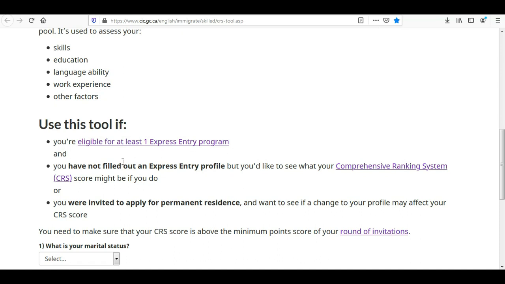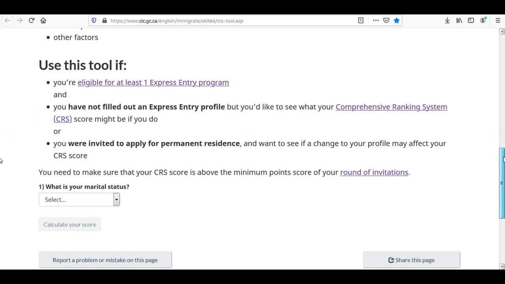So if you want to check eligibility for any one of the programs, you can use this tool and calculate your CRS score. Fine. If you have not created your Express Entry profile and you just want to check how much score you will get if you create your Express Entry profile, then also you can use this CRS tool.